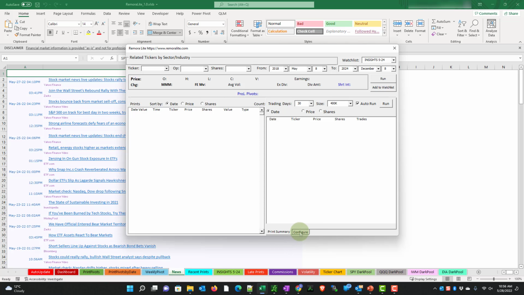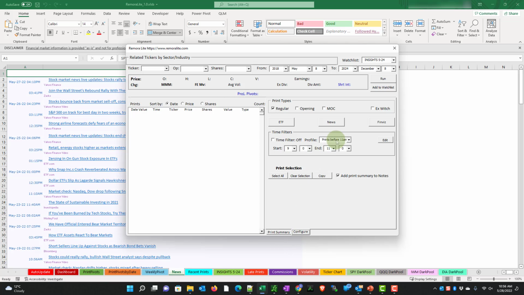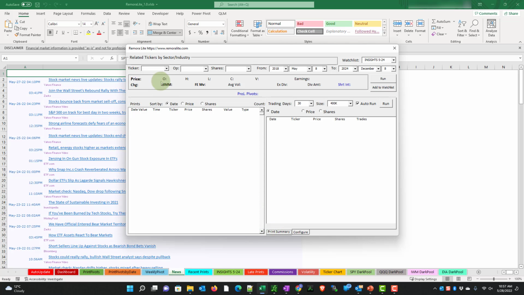So when we go back to configure, we now have this for our time. And I can choose time filter is now on. And there's our time. Start between 9 a.m. and 11. I can change this. We want prints 11 a.m. to 1 p.m. So when I come back here and I put in the SPY